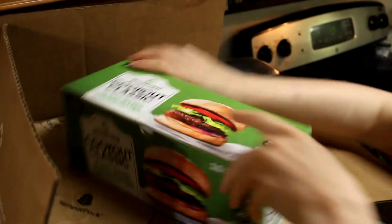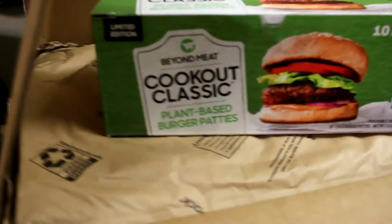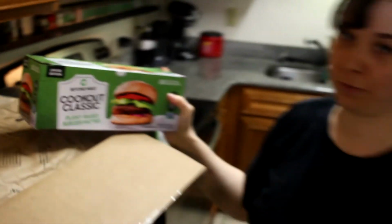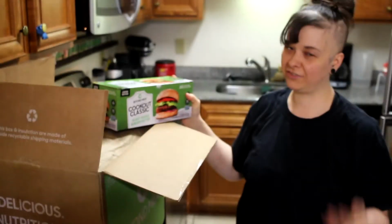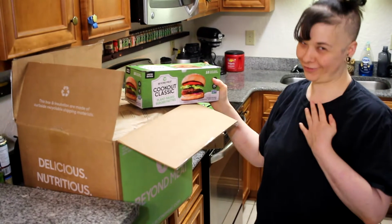So, unboxing of Beyond Meat Cookout Classic Plant Burgers. I don't know if you've had the Beyond Meat hamburgers, but they are really good. They've saved me from cheating a few times. So, we're gonna stick with these